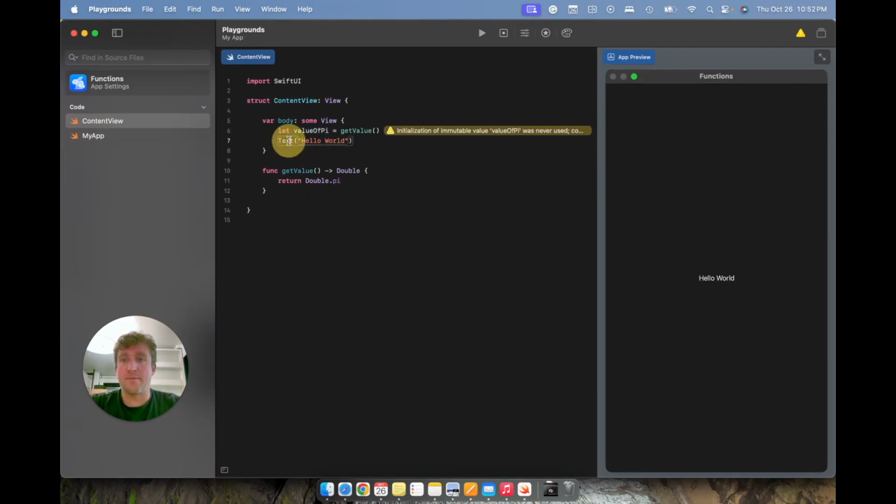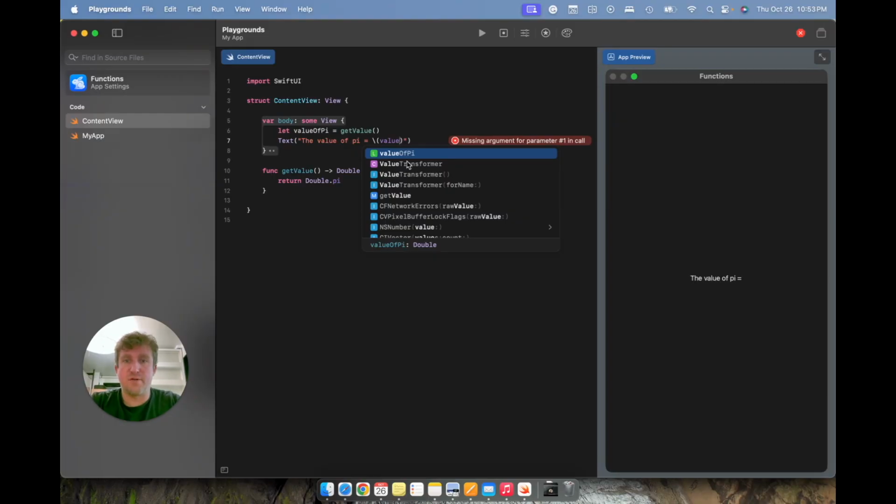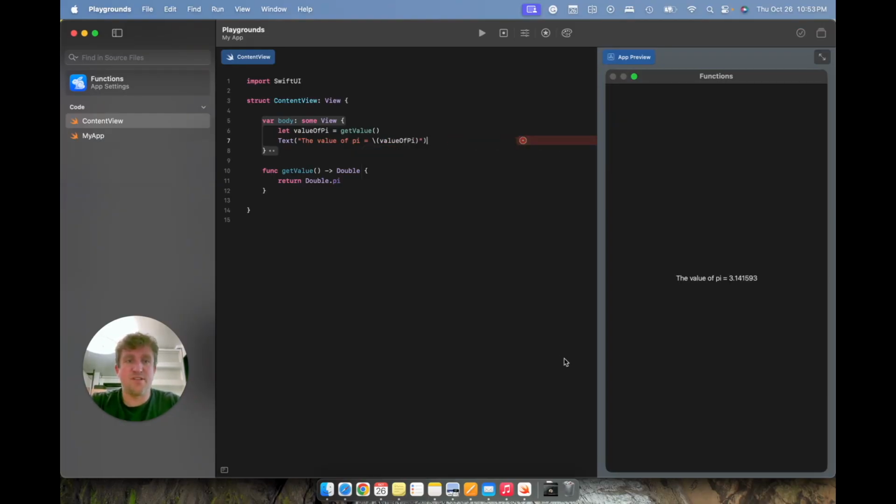Now all we have to do is update our text field. So instead of hello world, let's do "The value of pi equals" with string interpolation, and now we're going to use the valueOfPi constant right here. Value of pi, and you can see it auto completes, and you can see that it's a double. And we should see it update, and there it is. The value of pi is